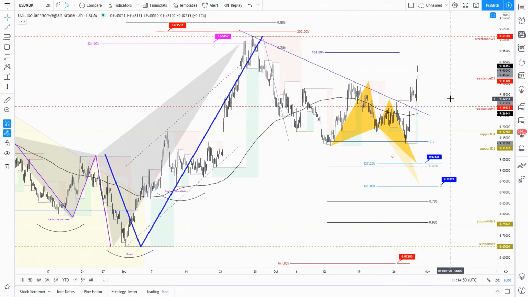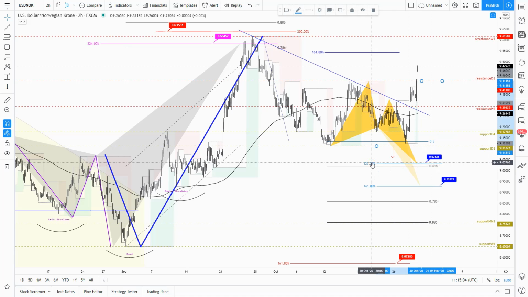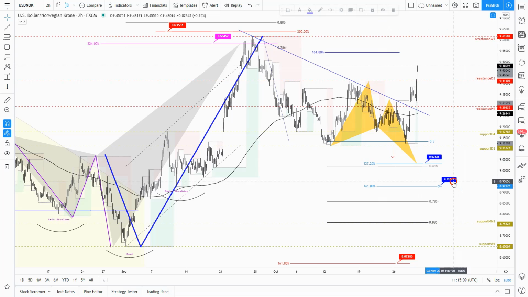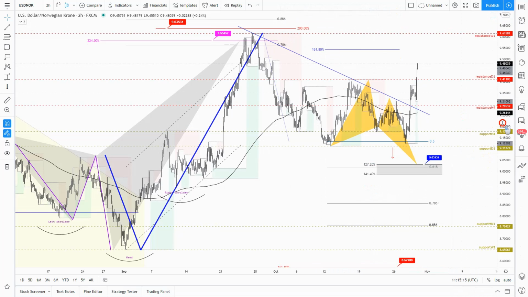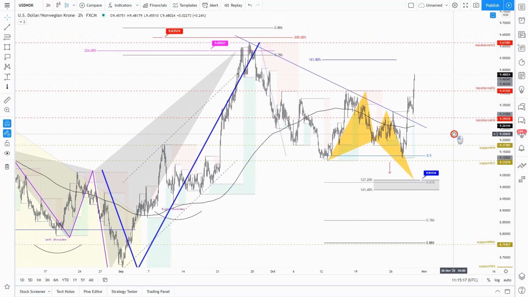Norwegian krone, I was expecting actually a nice rally here for the Norwegian krone. Well, I was expecting that potential butterfly pattern at 127 extension, and the eventual extension to the golden Fibonacci there, but well, never happened. And in fact,